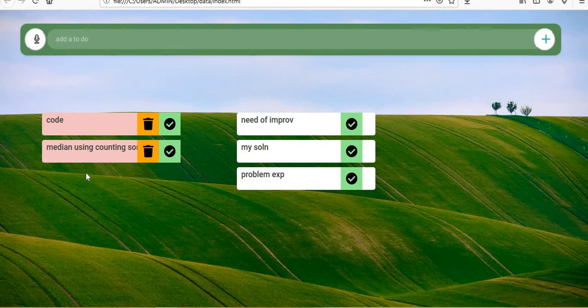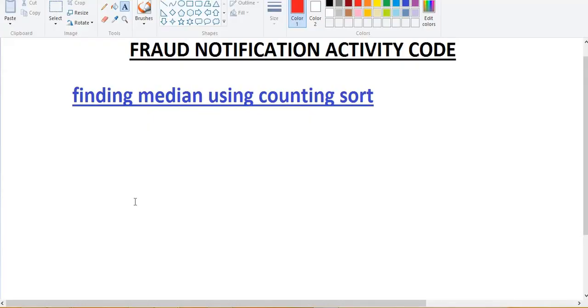This is a bit off topic. However, I used median rather than copying the elements and then sorting and then finding the median. I got a new approach, and it is finding the median using counting sort. So let's go to that. Okay, we'll now be seeing how to find median using counting sort. This could have been a separate video, but I'm too lazy to make one.